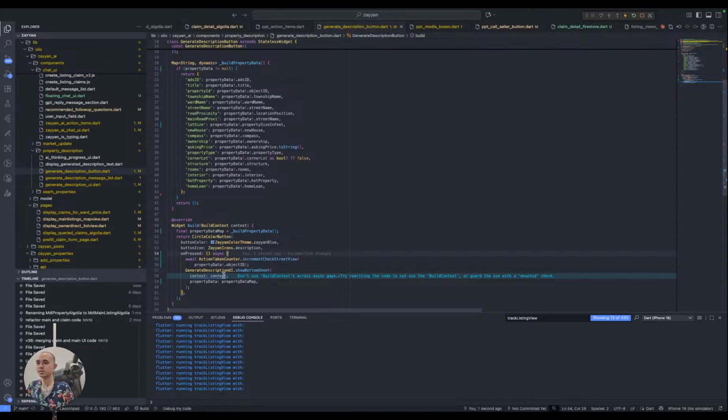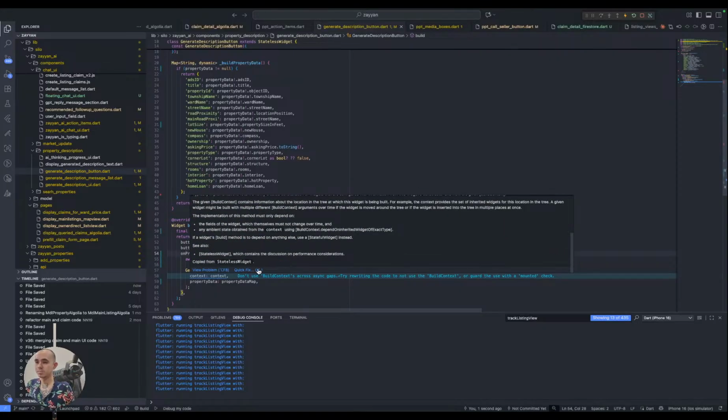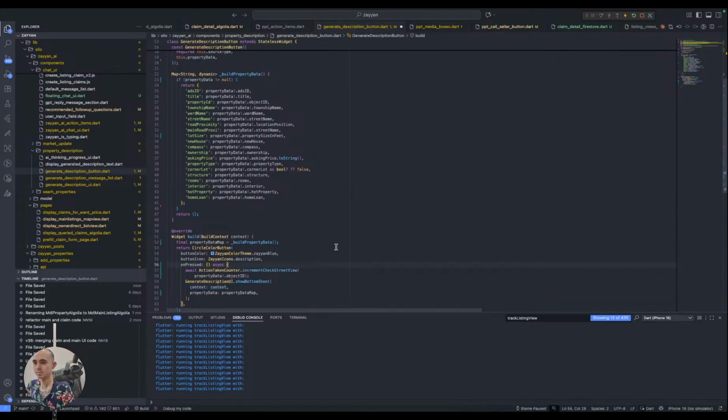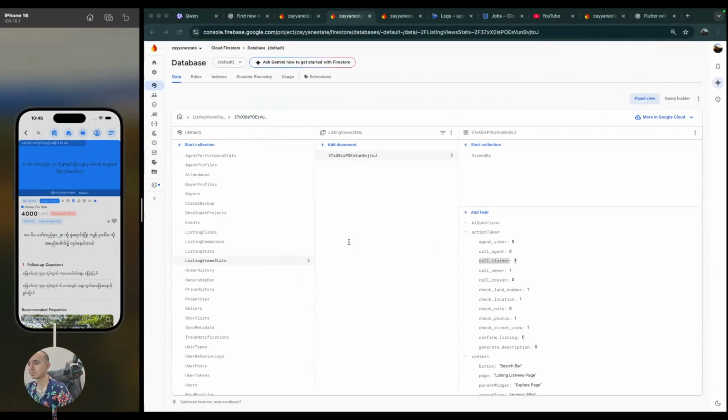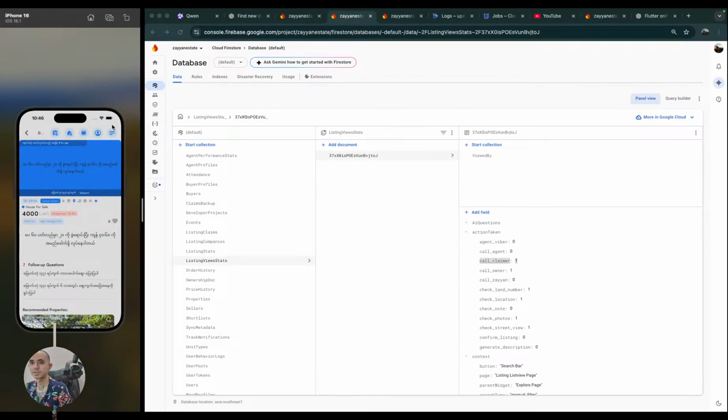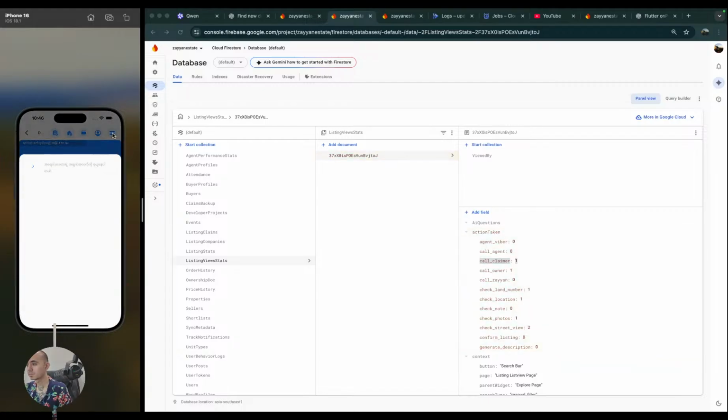Okay, generate description, boom. Oh no,